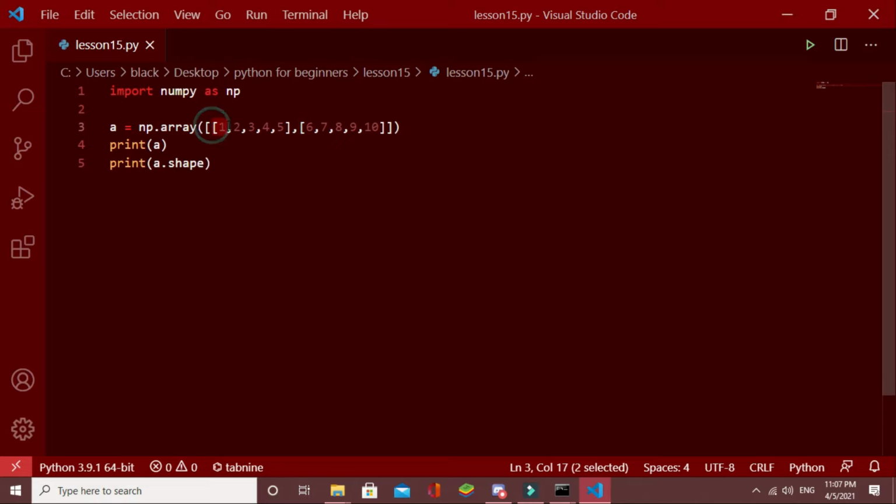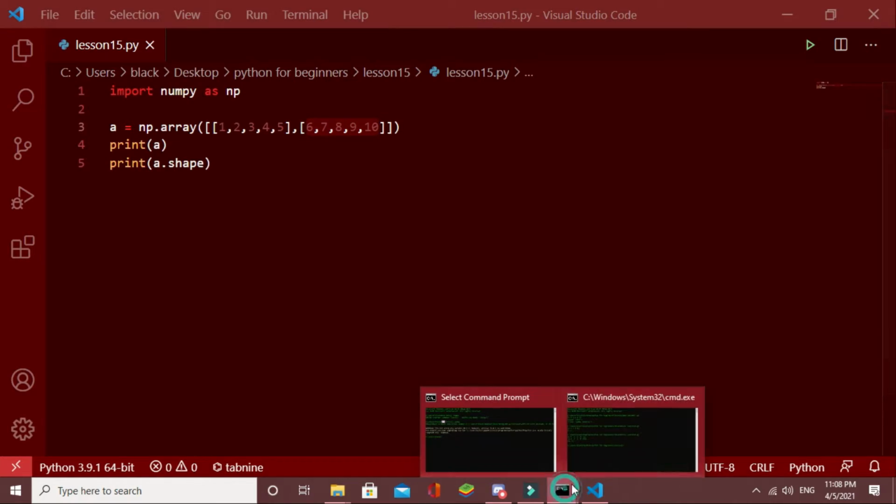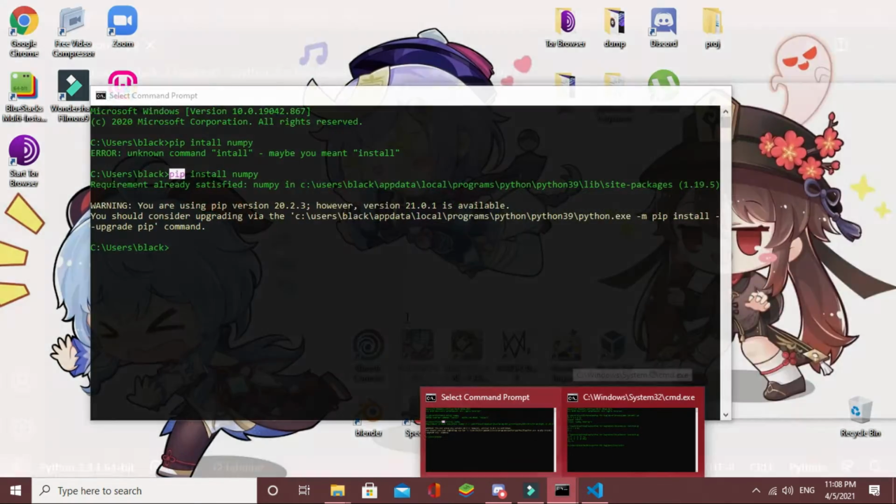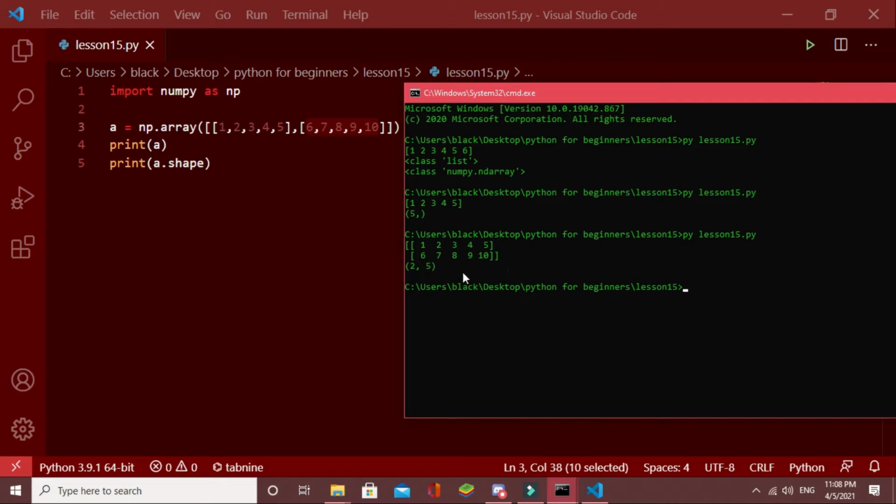This is the first element and this is the second element. Inside the first element there are 5 other elements, and inside the second element there are another 5 elements. That is the meaning of this 2 and 5.